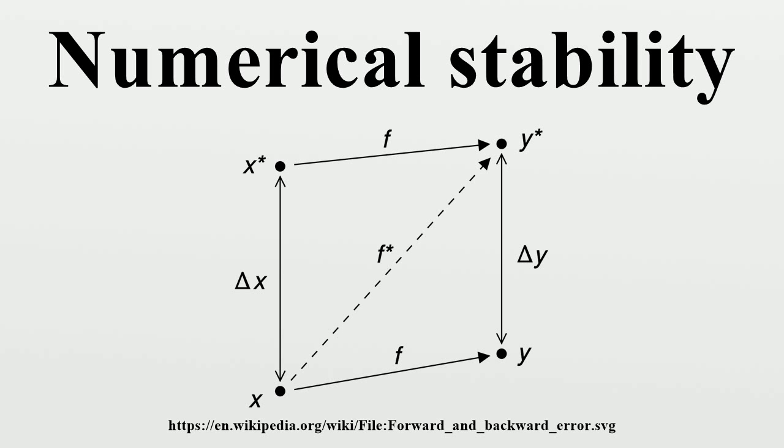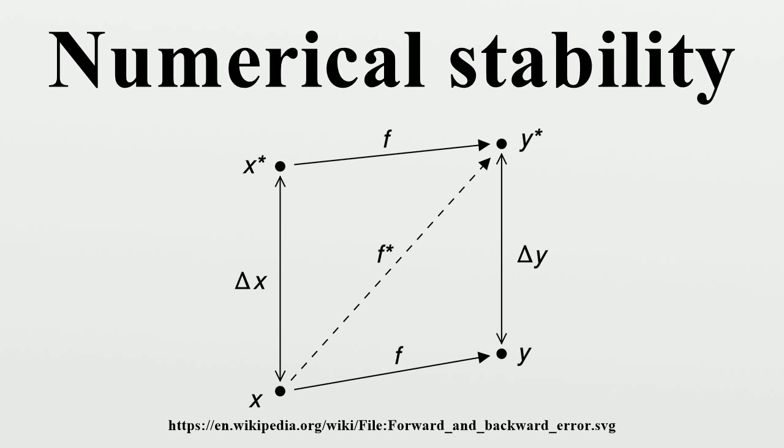Stability in numerical linear algebra. There are different ways to formalize the concept of stability. The following definitions of forward, backward, and mixed stability are often used in numerical linear algebra. Consider the problem to be solved by the numerical algorithm as a function f mapping the data x to the solution y. The result of the algorithm, say y*, will usually deviate from the true solution y.